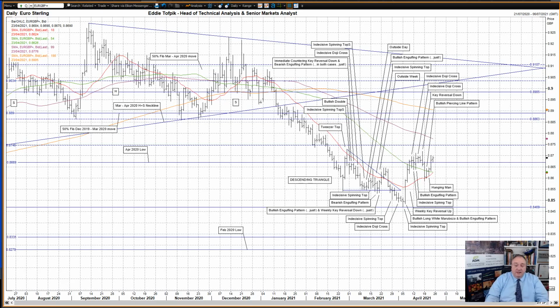Overall, and with still a week and a bit to go, we still have the chance for a monthly key reversal for April. Prices need to close on the 30th of April either above 86.70 or below 85.10. Currently, we have moved into a possible monthly key reversal up right now. So far today, a small dip down to the April 2020 low at 86.69. Though at this time I am unsure as to whether it is an ammunition gathering exercise or a genuine attempt lower.